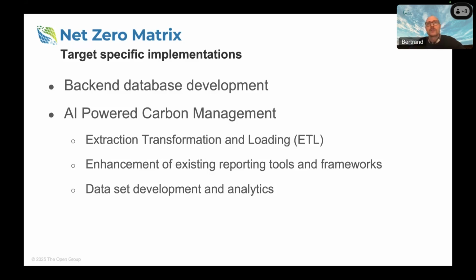There'll be, I believe, presentations today on the OSDU data platform, and there's a current harmonization working group within the forum on carbon capture, utilization, and storage, which is a very interesting use case where we're looking at developing data sets and analytics that cross these two areas. OSDU focuses on subsurface data, and the Open Footprint Forum focuses on above-ground data. In a carbon capture and storage context, obviously, these two areas overlap.